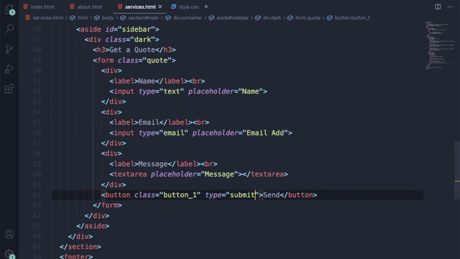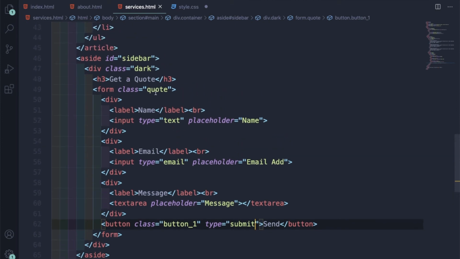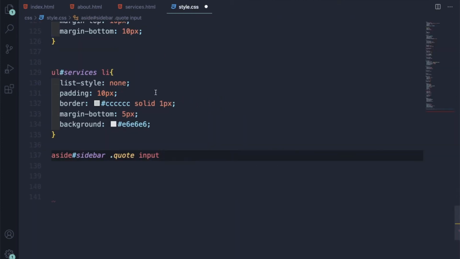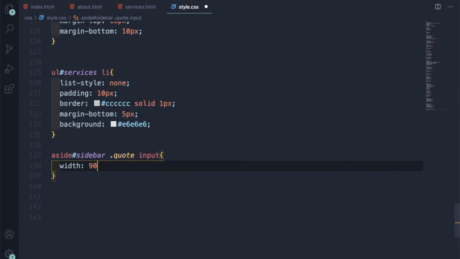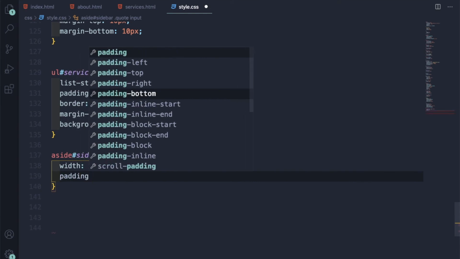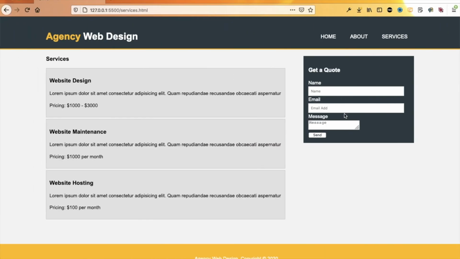I am giving dot quote because the form has a class of quote, and we're targeting the input, width of 90%, padding of 5 pixel. So let me save it, and see these two are nearly complete, but the problem is that the message